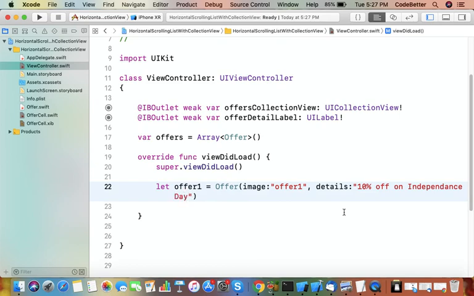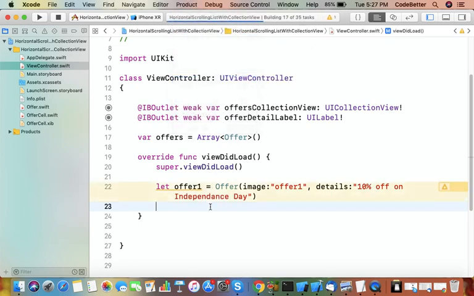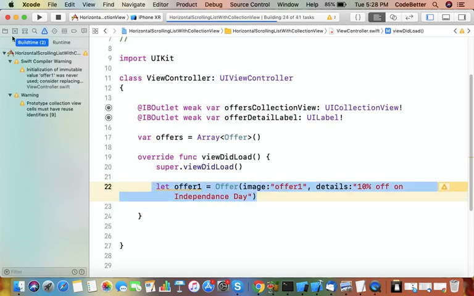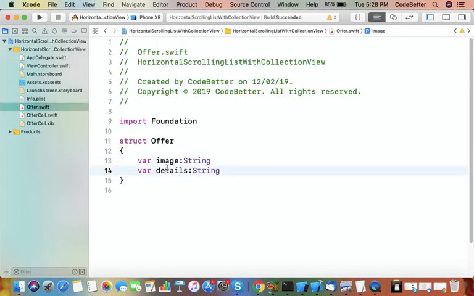Okay. So this is one object we have created for the offer class, or sorry, offer structure. So we have one offer structure here. We have created one object of this offer structure.